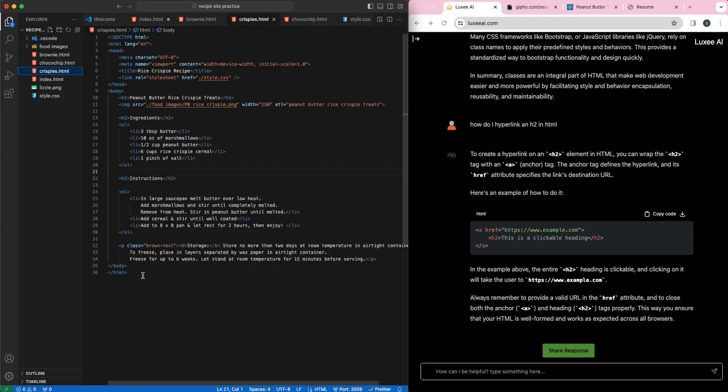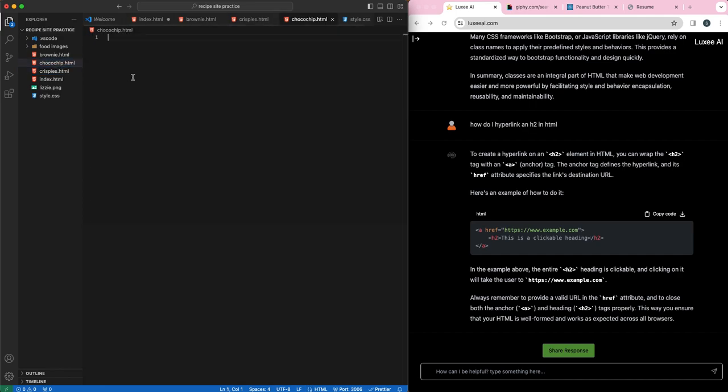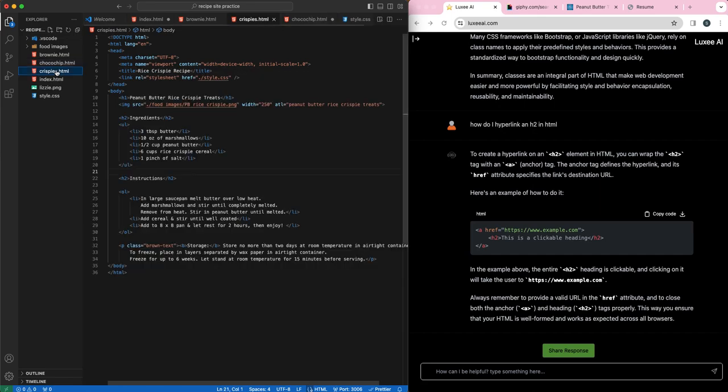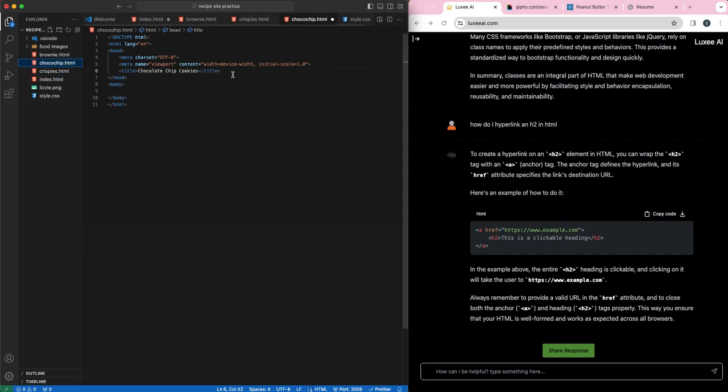So we need to do this for the chocolate chip cookies, so I think we can do that pretty quickly, hopefully. All right, let's start with the exclamation mark as always. We'll say chocolate chip cookies. And then what did we do for crispy? So we did link relation style sheet. Let's see if we can add it there. I don't know if this is going to work, but